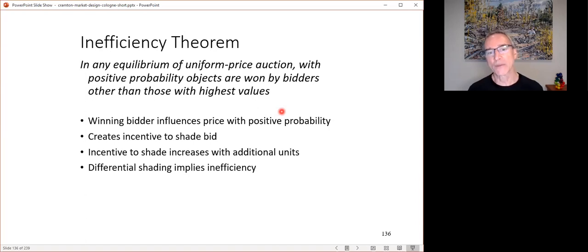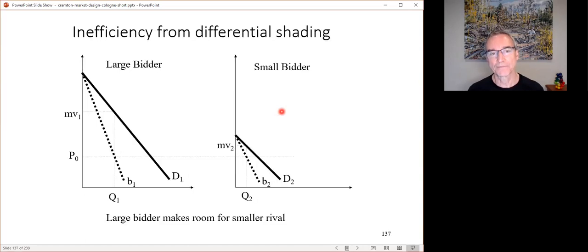So the winning bidder influences the price with positive probability. In general, there's one or two knife edge cases where that's not true, and then we can get efficiency. But in general, the winning bidder will influence the price with positive probability. That creates the incentive to shade the bid. The incentive to shade increases with additional units, and it's that differential shading that is going to imply an inefficiency. So we can see that picture here, and we actually know exactly how this is going to work because